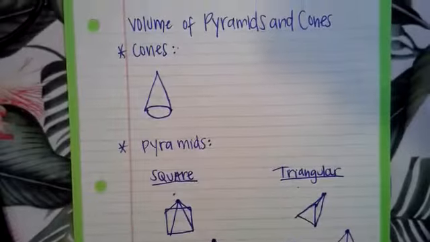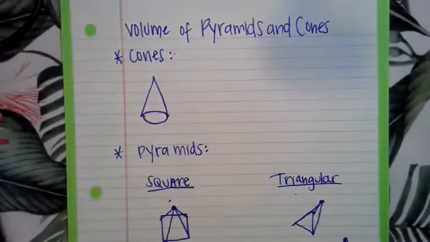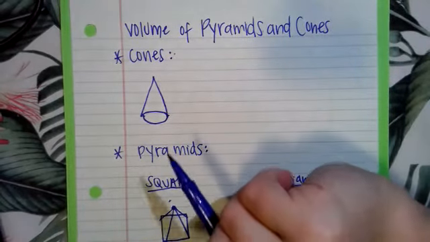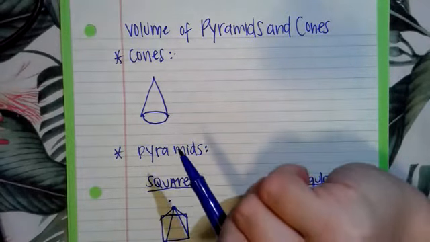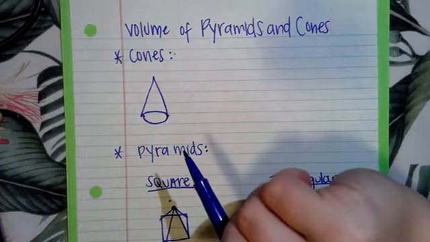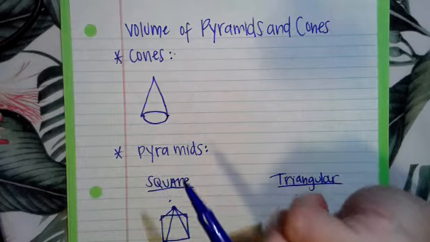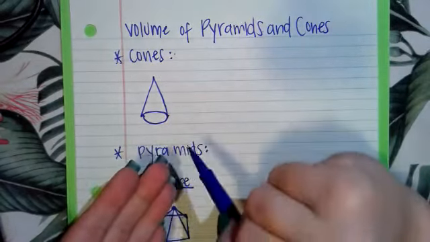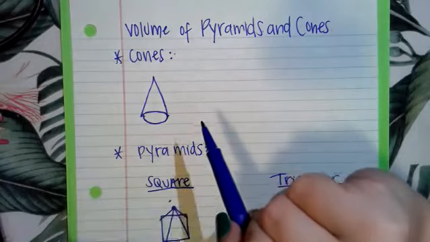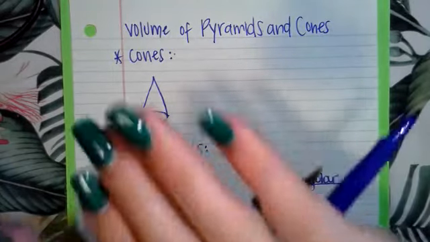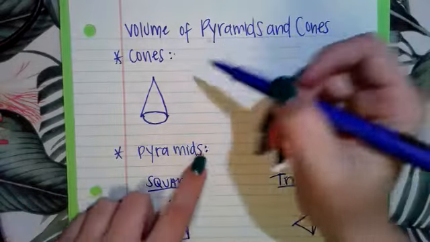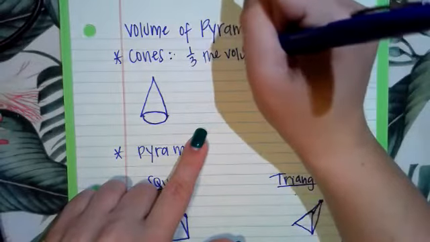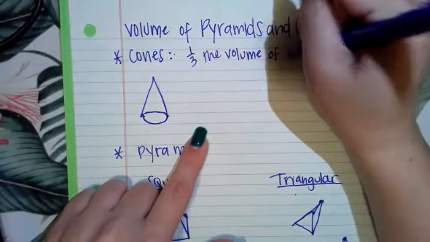Okay, so we are going to go over the formulas for volume of pyramids and cones. So that's the title of this notes page if you don't have it written down. Cones, the way that we are going to find the volume of a cone, or something that's unique about a cone's volume, is that it relates to a cylinder. A cylinder is a shape that has two base shapes of circles, and then it has a rectangle wrapped around it. So cones actually have 1/3 the volume of a cylinder